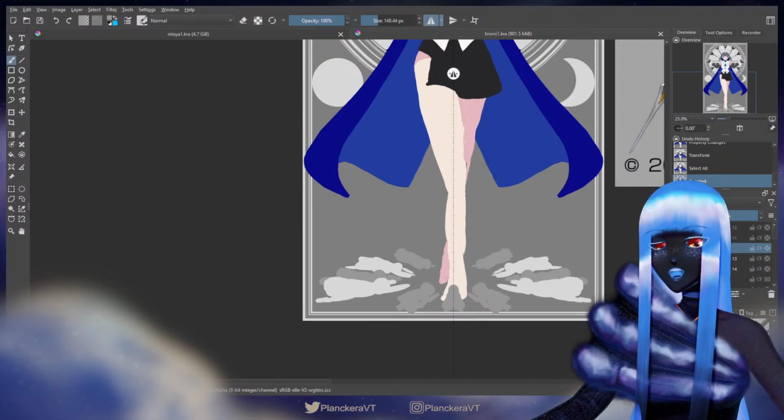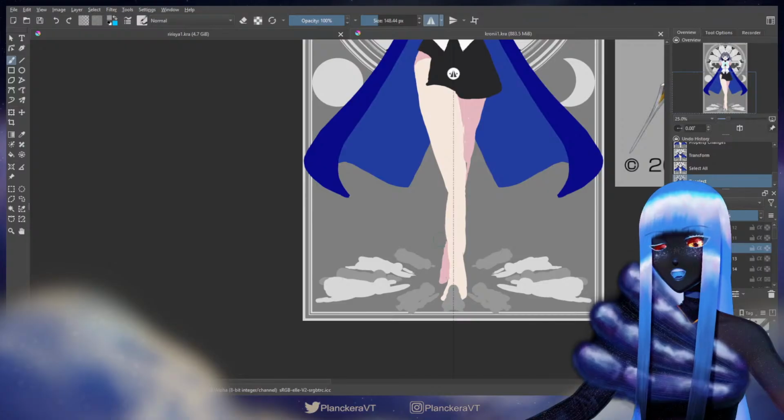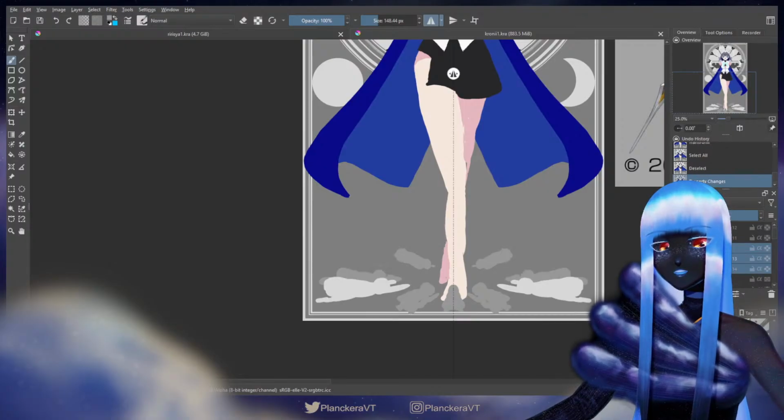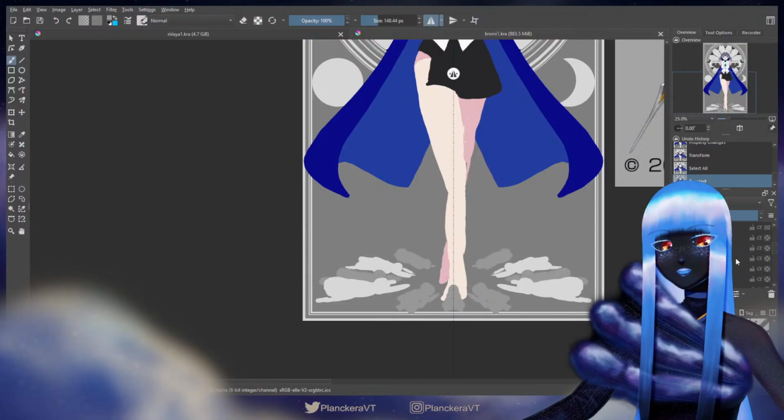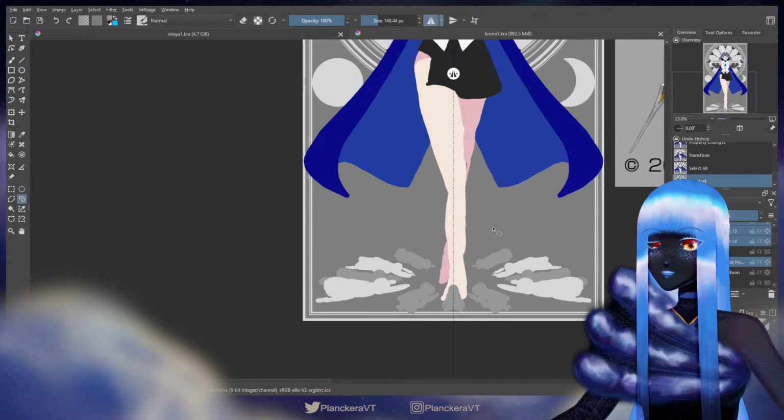Okay. And now I kind of want these ones on the side here to all kind of scrunch in a little. So I'm going to go ahead and select all the layers. Yep, I do need all of them. And as long as I move each half by about the same amount, it'll be fine.